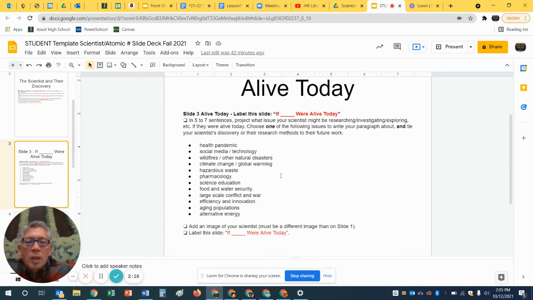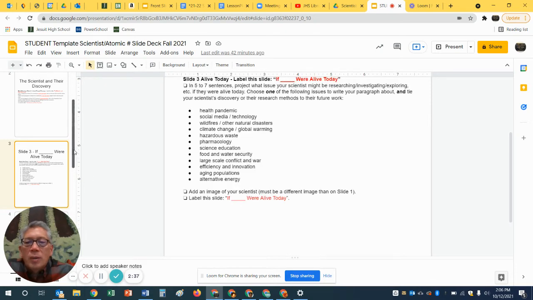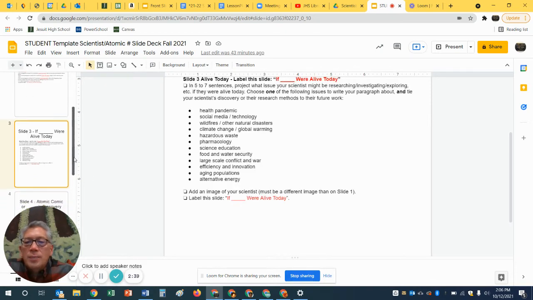So think about their biography, their life, things that were involved in back then, and how they may be involved in one of these areas as well. So you're just trying to project out what issue they might be involved with today. You also need to make sure you have an image of your scientist, and it must be a different image